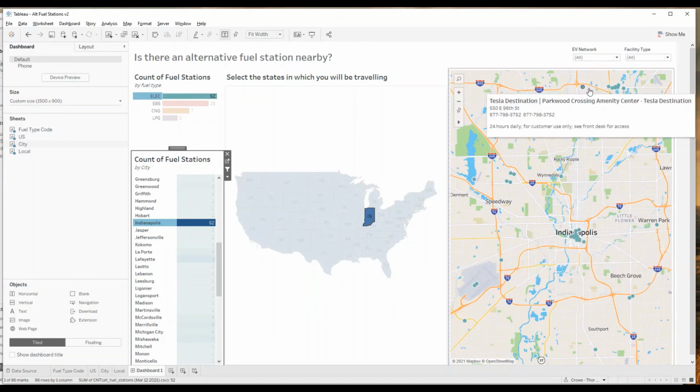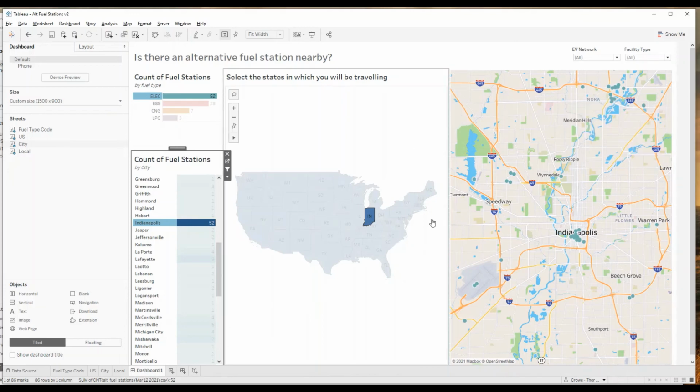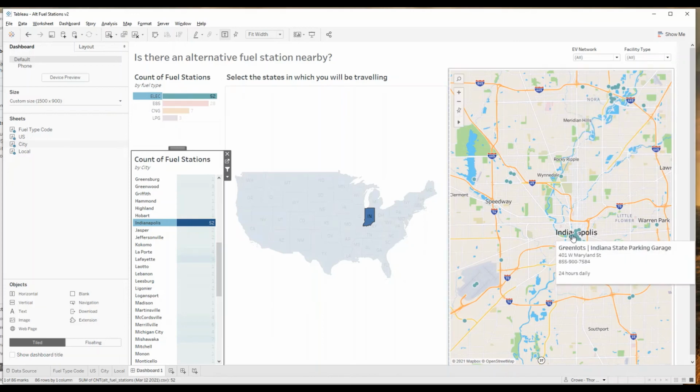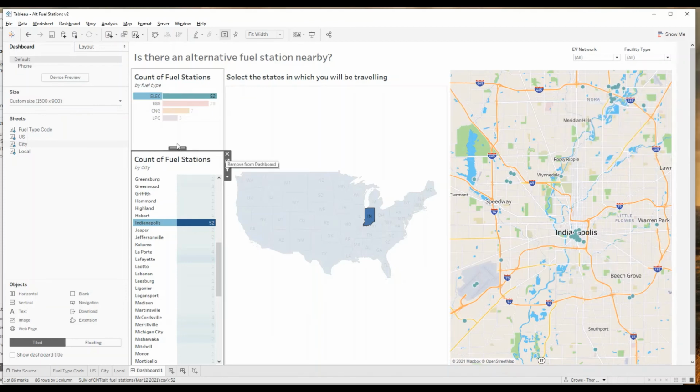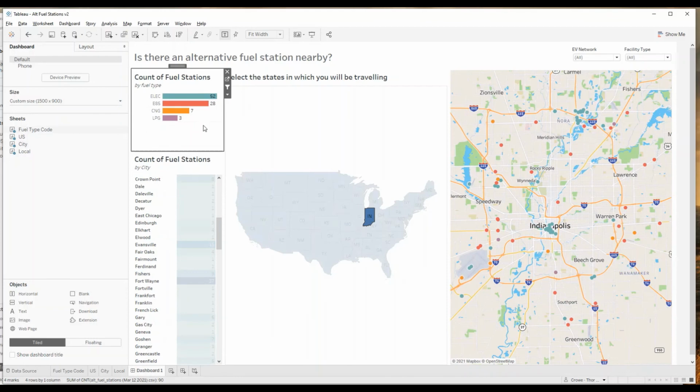So it looks like I've got some stuff up here. Okay, cool. So what I'm noticing is these colors wash out a little bit in the view, so we may want to change those colors. And the way we do that is by going into the sheet here. Okay, so I'm going to click on this object. I'm going to go to sheet,